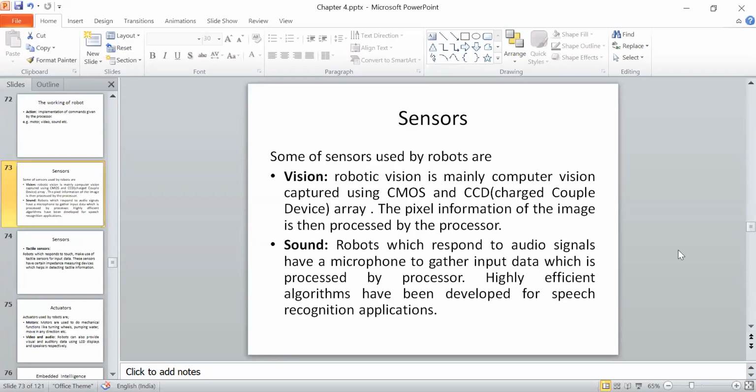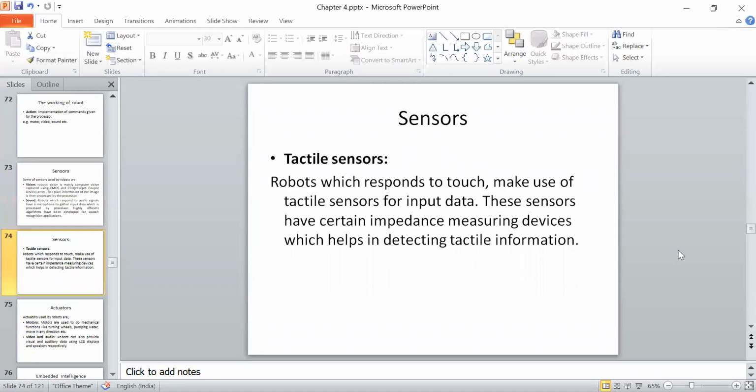In the case of sound, if you say that it take the information in the form of sound, it could be a microphone. It takes the audio signal using the microphones, then it process that particular analog signal, because the processor is a digital thing, so processor is not able to process that particular information. So it take analog signal, convert it into the digital form, it filter that particular information and send the processed voice data to the processor, and the processor process it and then perform certain kind of action. And it could be a tactical sensor.